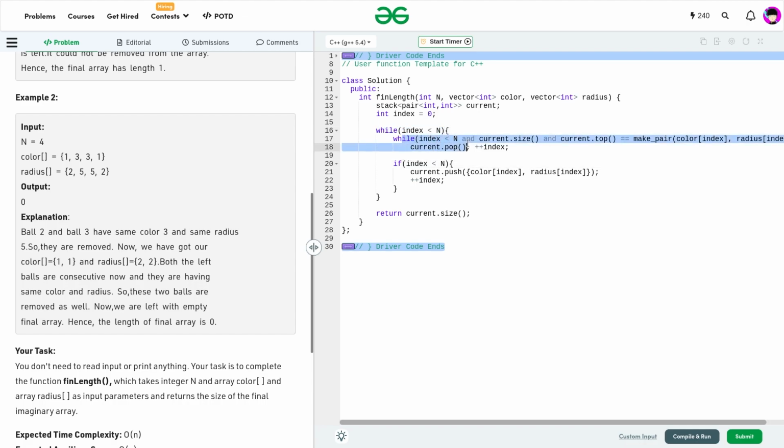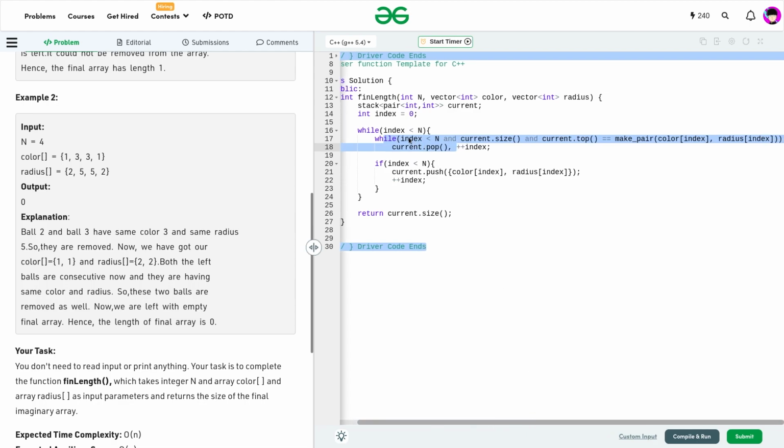Now this inner while loop is to pop the elements from the stack. So the inner loop says that while index is less than n, again I'll have to check the same condition in this particular loop, because while popping the elements, it might happen that I run out of indexes. And current.size means that the stack has at least one element, and current.top is equal to color of index and radius of index. So I'm just making them a pair. This make_pair function will represent them as a pair. So while current.top is equal to this particular pair, I'll just keep popping the elements and I'll increment my index,